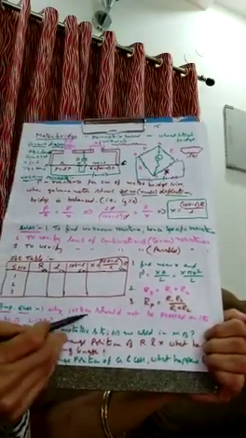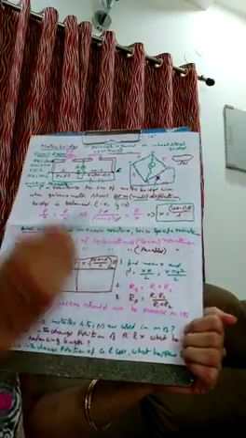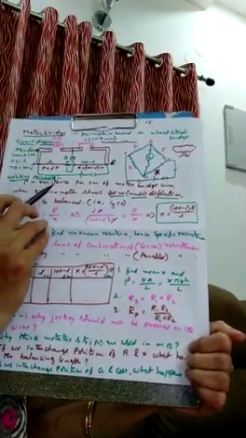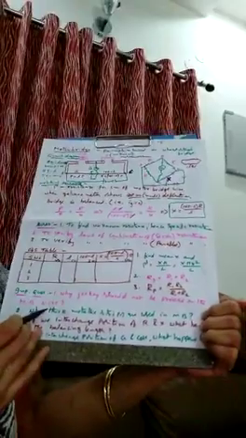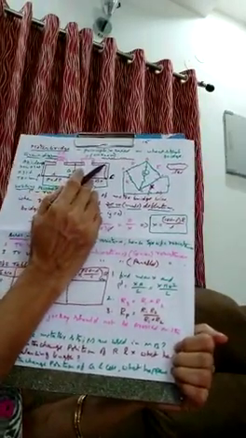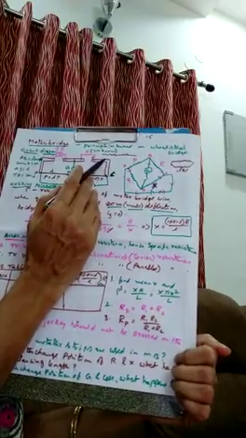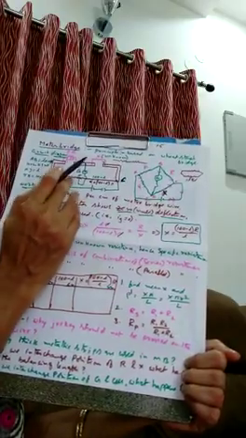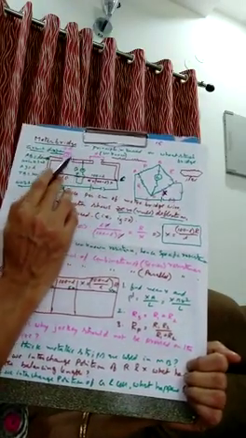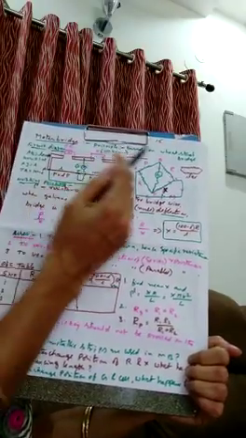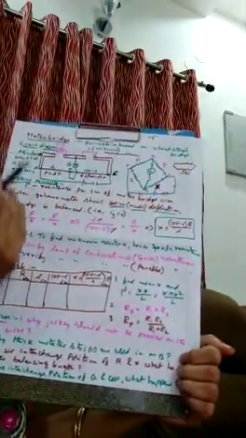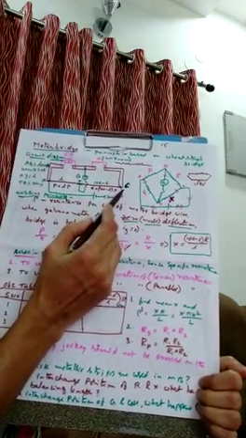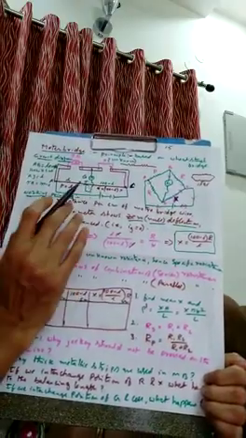Once again, the first answer: why should the jockey not be pressed? If you press it, the area changes, so it will be added in that resistance also. Whatever I am measuring is not the actual value. The second point: thick metallic strips increase the area, which reduces the resistance, so this resistance is not added in the value we are finding. Third, if you interchange the resistance box and the unknown resistance, then the balancing length will be measured from the right side, that is 100 minus L. Suppose earlier 32 came, then what will come now as the balancing length? 100 minus 32. Okay, like that.